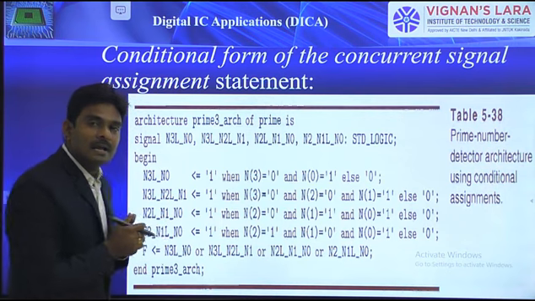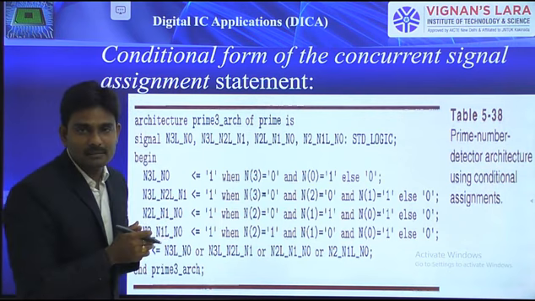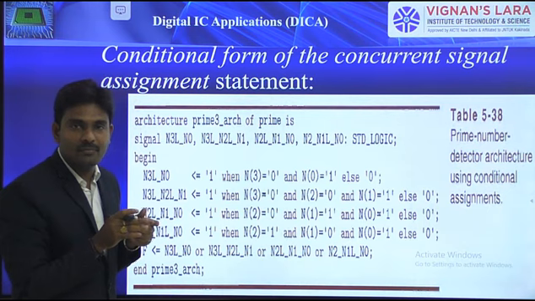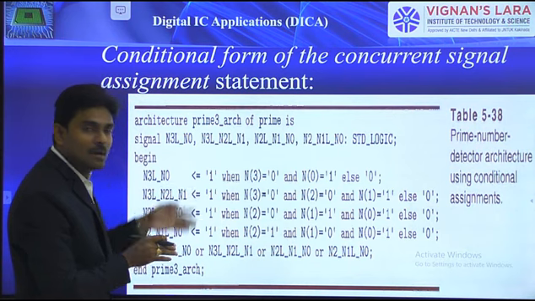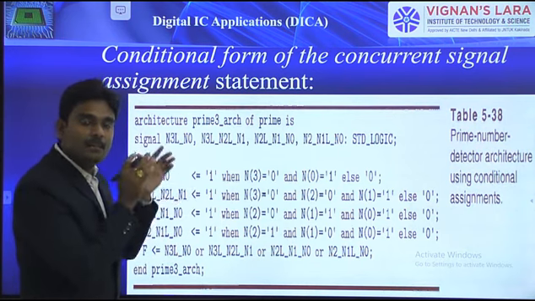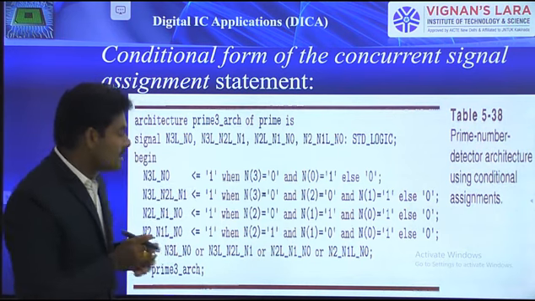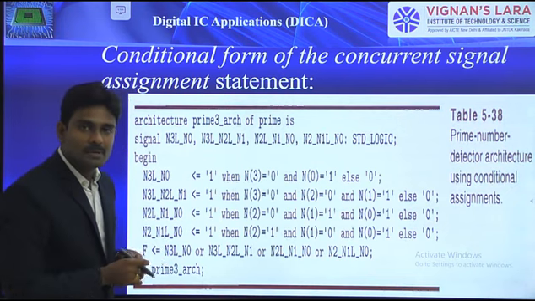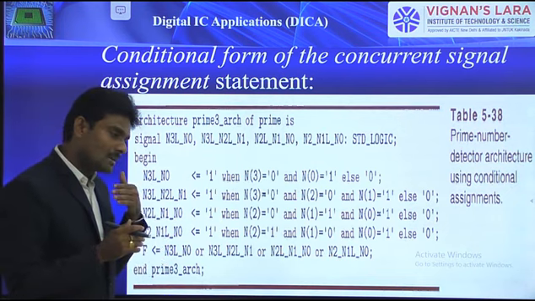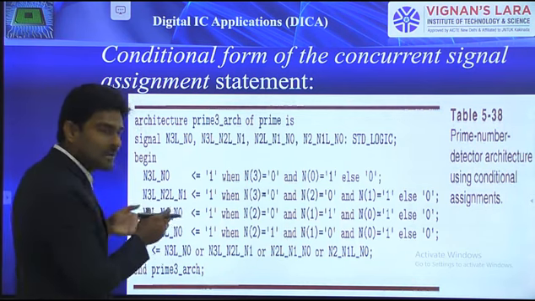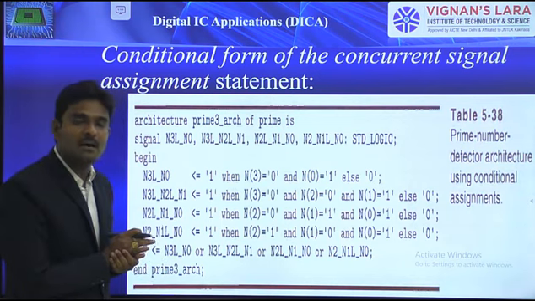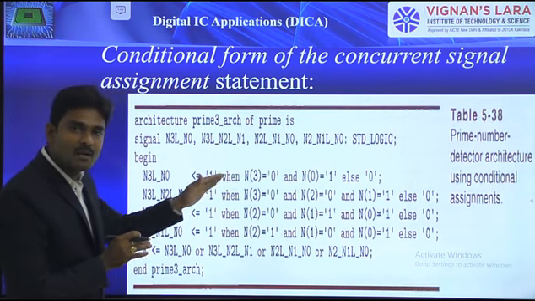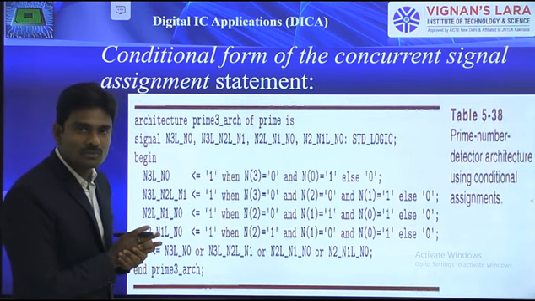Otherwise, if I start at the final level, that is the output of the OR gate F, then using a single statement I can describe the entire functionality of the prime number detector. So totally there are 3 ways you can represent it, based on the level you started with. If you start at the first level, the inverter output, you mention 8 concurrent statements.